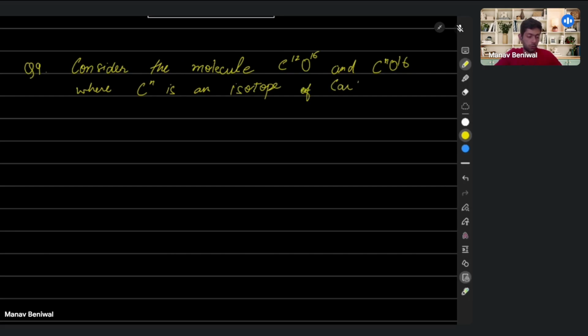So this is an isotope of carbon. Now it is observed that